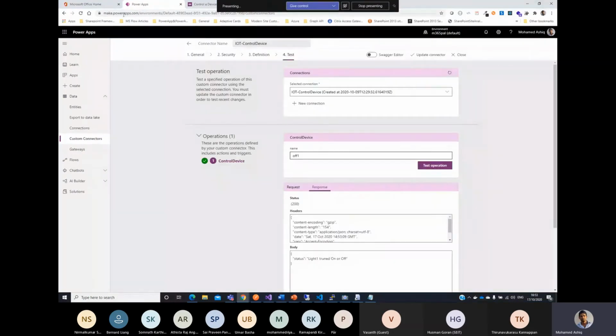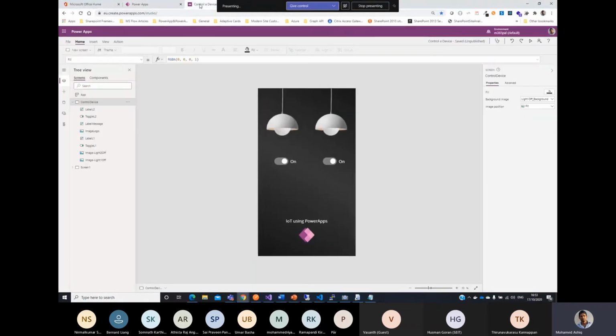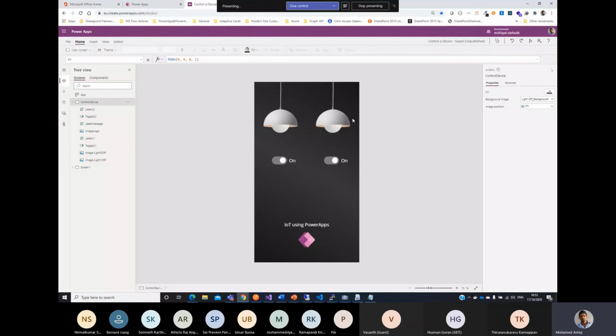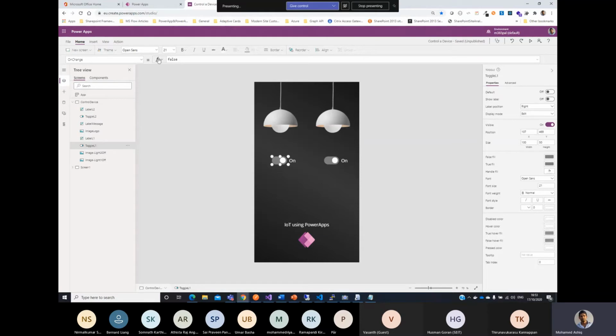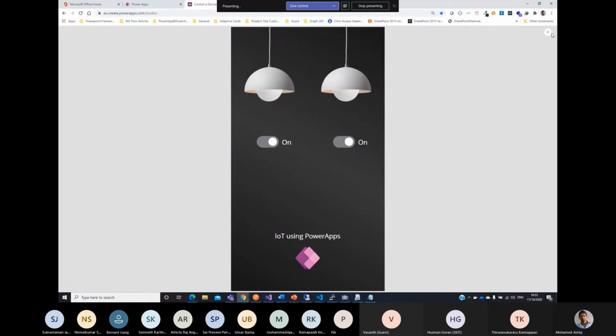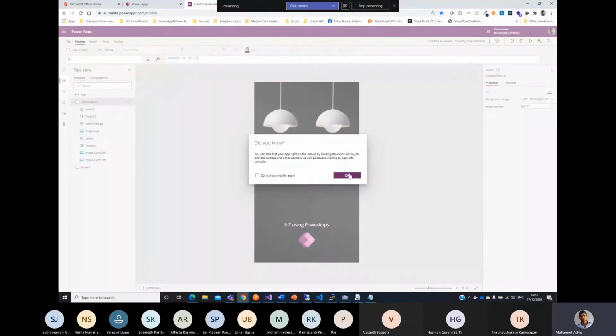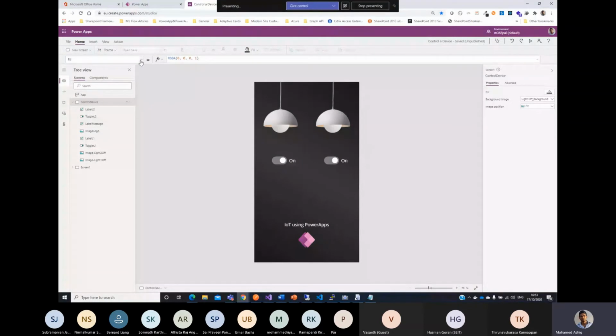Right, so I'll quickly show how it is done. I have already told you it is a canvas app, and this is an interface for controlling light number one and light number two. It's got two canvas controls. And if you take a look at the code here on select, once this is turned on or off. One second, if you go to OnSelect,